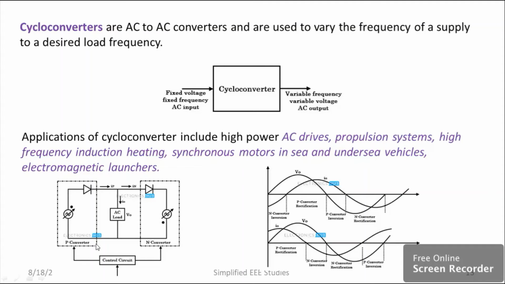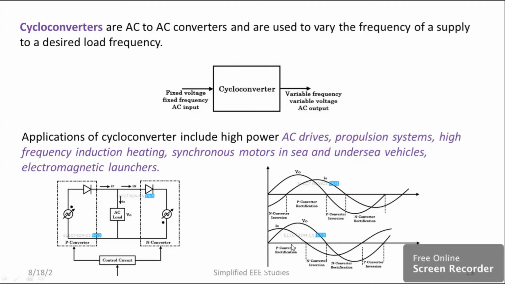This is basically an example of a cycloconverter. It has a P converter section and an N converter section. There is a load, and the load requirement is different. That means the load requirement is at a different frequency, and you have the supply frequency in different terms. So you need to convert the supply frequency to the frequency required by the load. With a suitable control, that means the gating pulses, you will get a change in time period. If you look at the time period, you can see